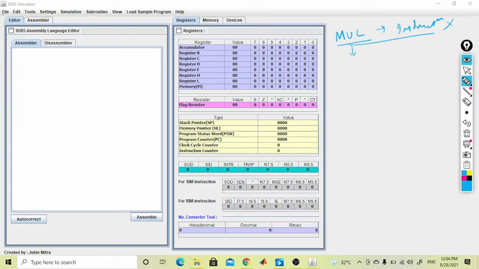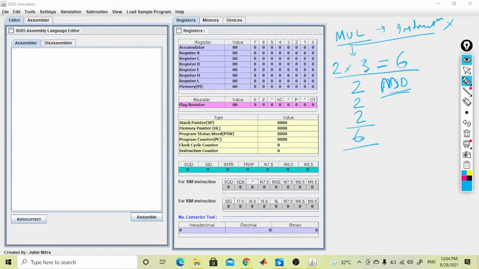So what we do, whenever we have to multiply 2 into 3, 2 into 3 equal to 6, what we do is we add 2 plus 2 plus 2 equal to 6, like that. Whenever we have to do multiplication, we do it like that in our programs, by using the add instruction, and we have this add instruction in our 8085.